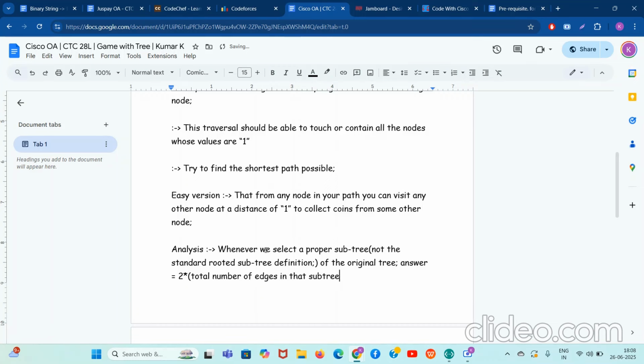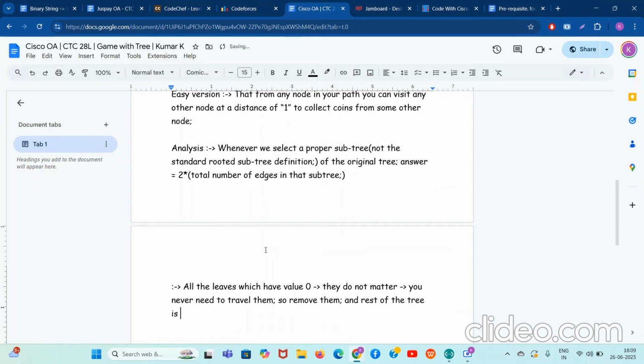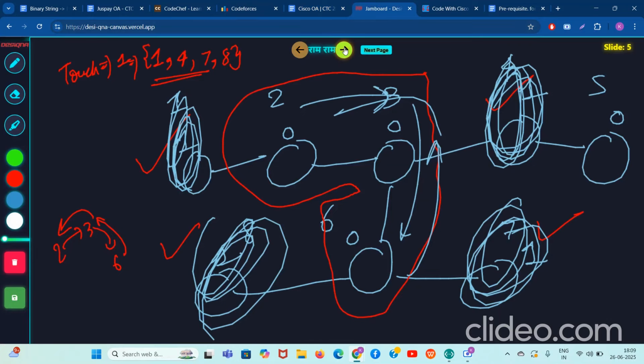So guys, what is the first observation? The first observation is, all the leaves which have value 0, they do not matter. You never need to travel them. So remove them, and rest of the tree is the answer. See, such a nice question it is. In this example only,